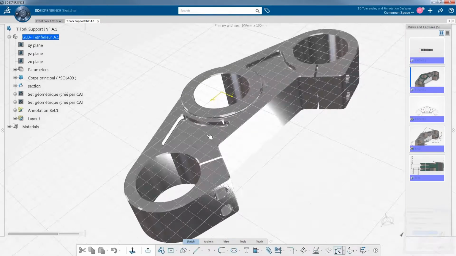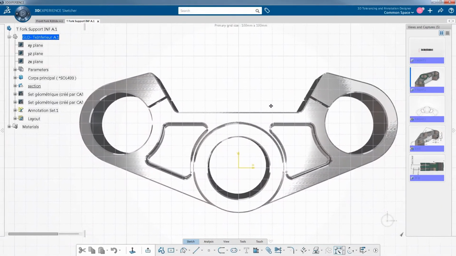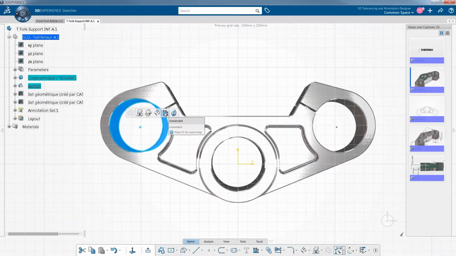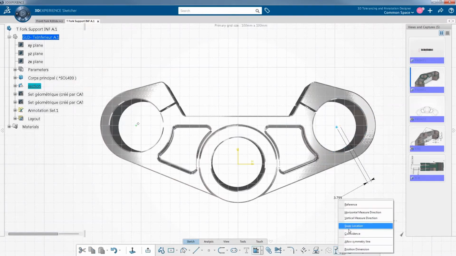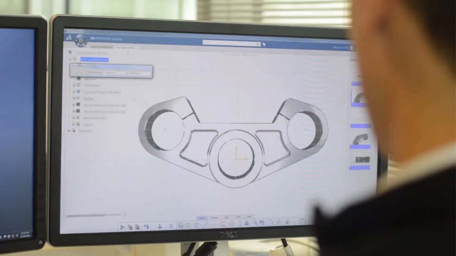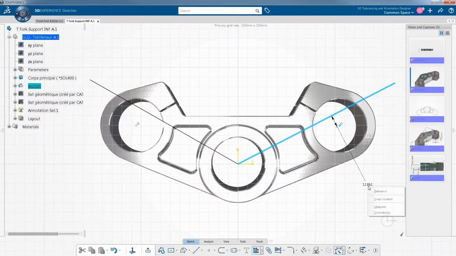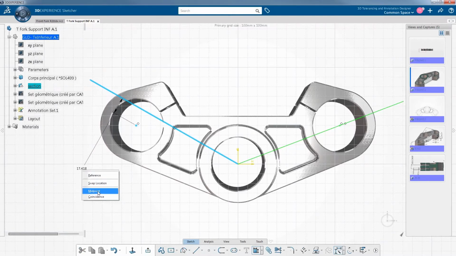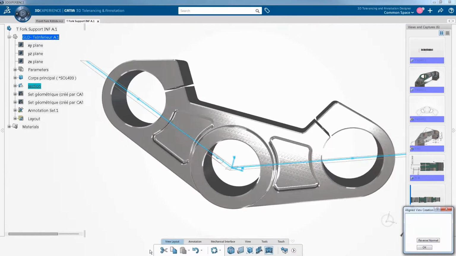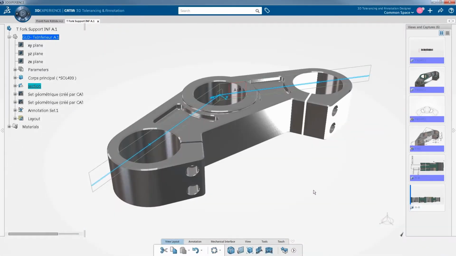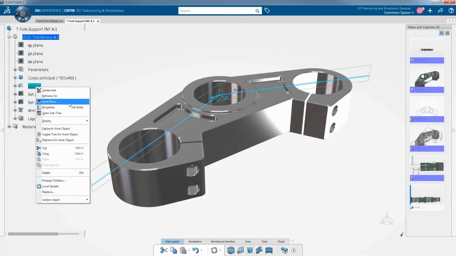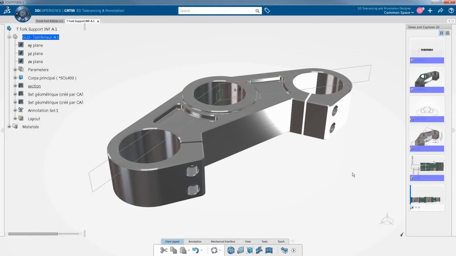On the right side of the screen, you can see some 3D captures. Now you can create a cutting view directly in 3D. In order to create a cross-section view, you need to sketch the lines to define the cut. Please note that for this function, you use the standard sketcher functions. When you finish drawing lines, you can exit from the sketcher. Now you can confirm that the cutting view capture appears on the right side in the list, and you can